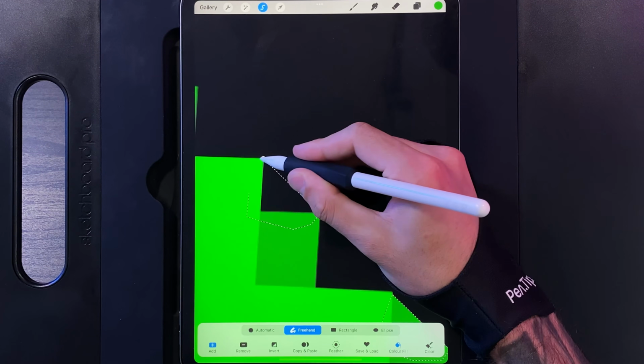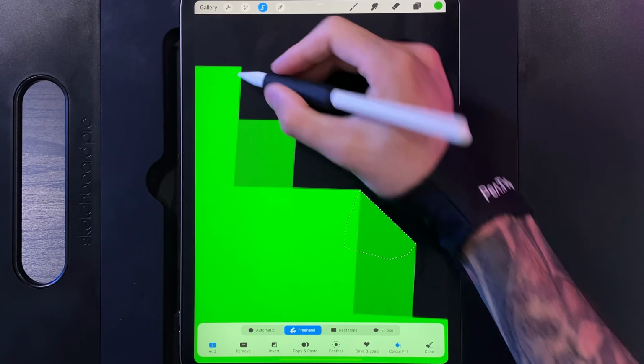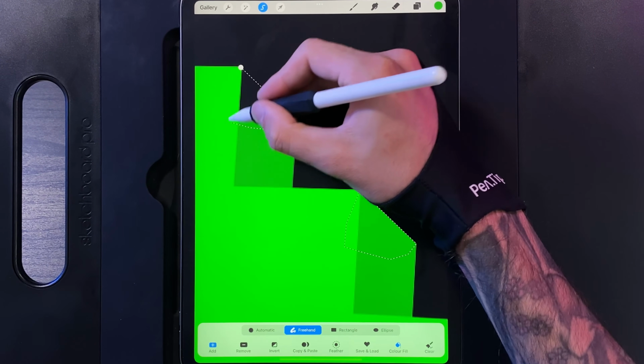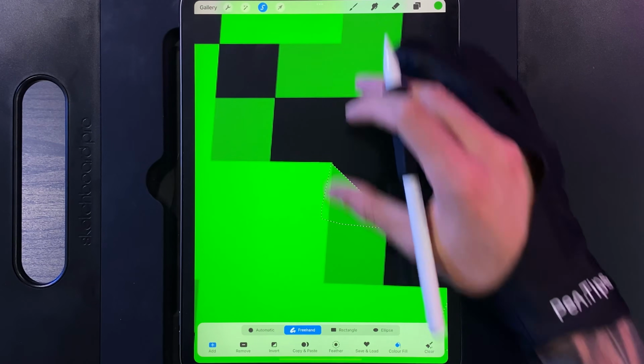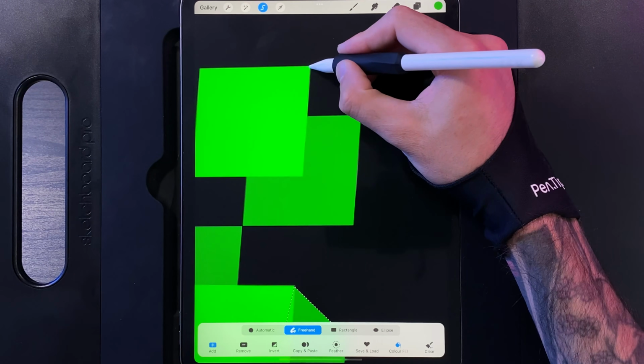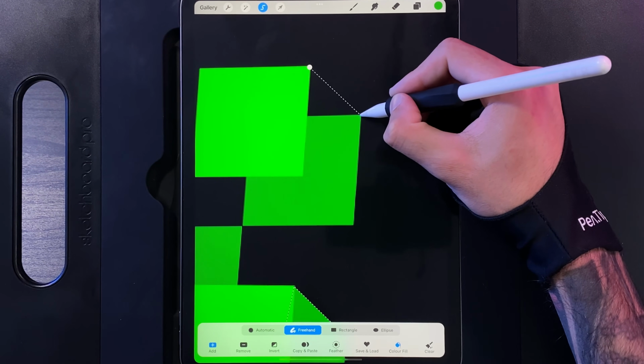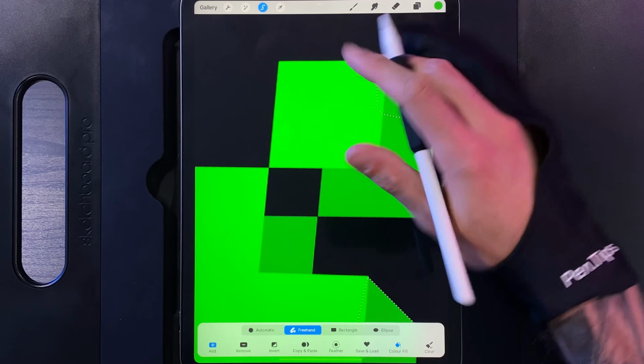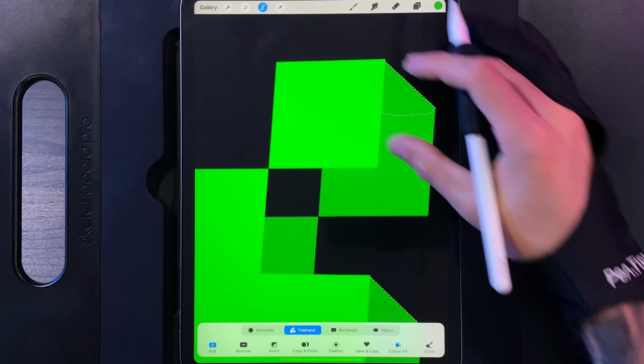So this particular step is going to take a little bit of time, but it's going to give us our cool 3D effect. And you can use this in lots of items, not just the Space Invader. You can use it in everything you use in Procreate if you want to make something nice and 3D. So just create another duplicate of the layer, and then from there you can then go ahead and link up